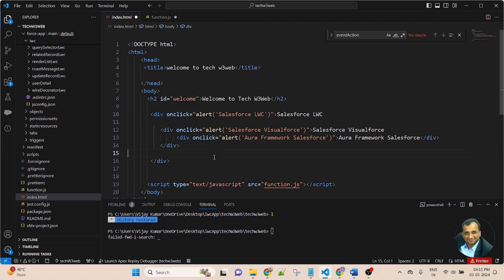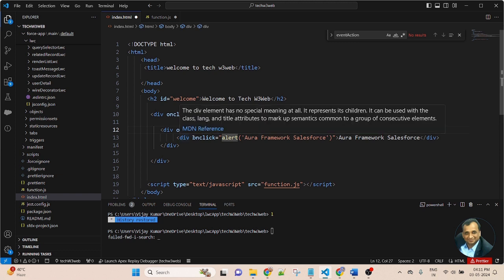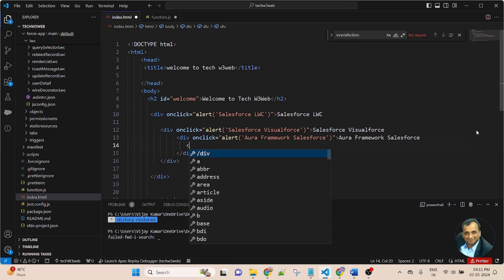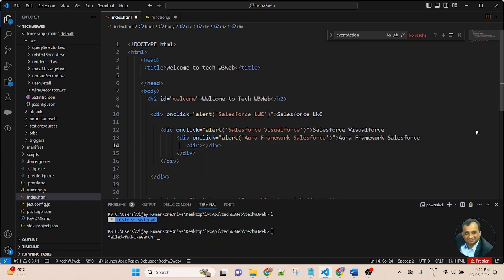So this is a parent, this is a child. Inside the child, I am creating another div, and inside that div, another div. It is a child-to-child div, and the data I am passing is integration Salesforce. Here also I am passing a click event, and the alert will display Salesforce integration.